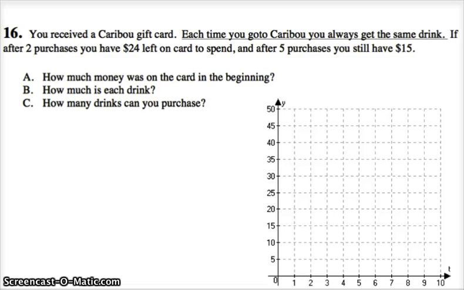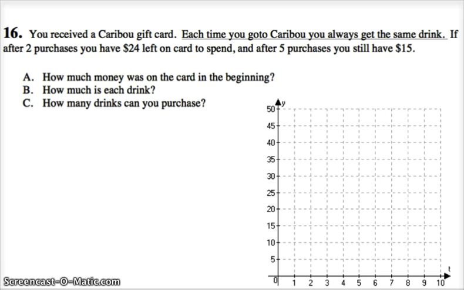Question 16 says that you received a Caribou gift card. Each time you go to Caribou, you always get the same drink. If after 2 purchases you have $24 left on the card to spend, after 5 purchases you still have $15, how much money was on the card at the beginning, how much is each drink you're buying, and how many